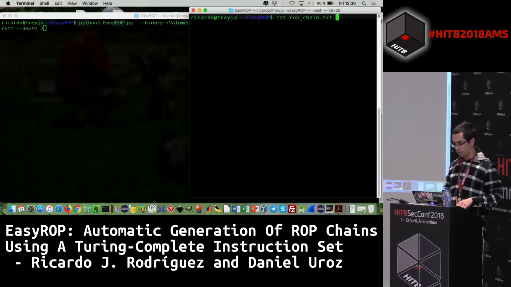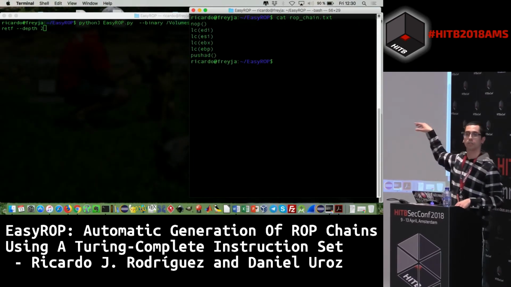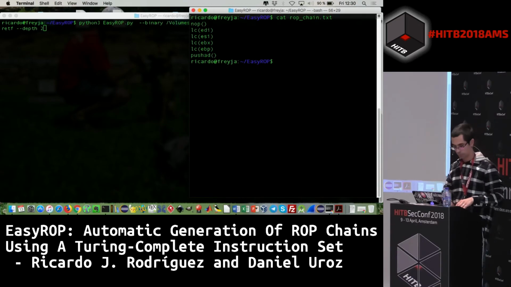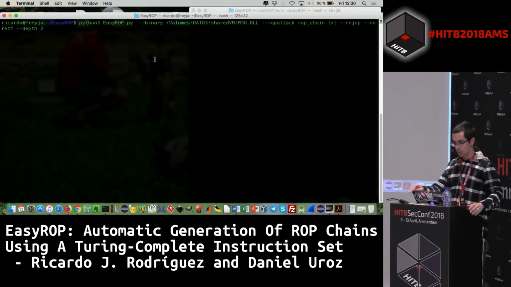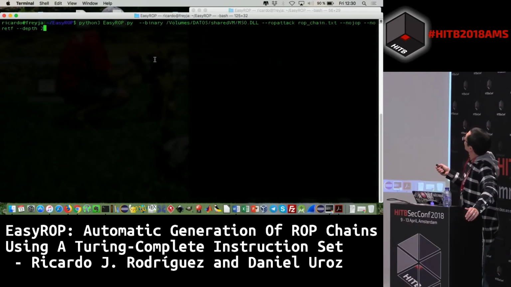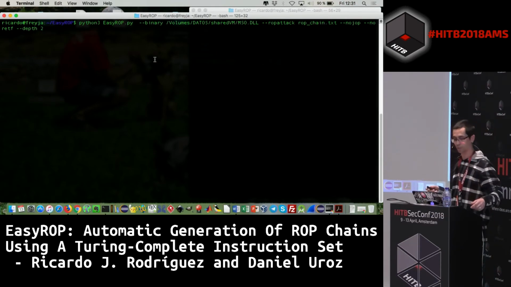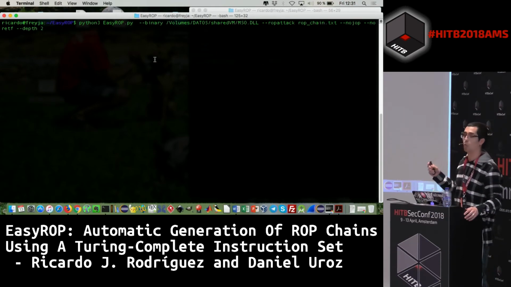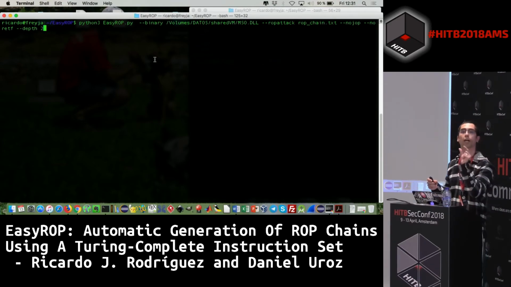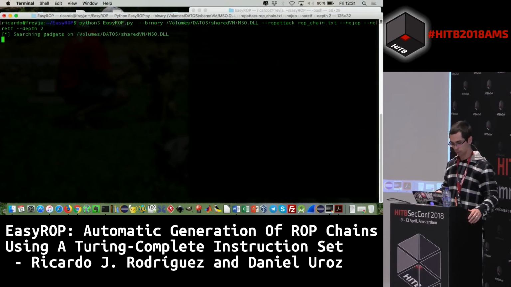So consider that we have, for instance, this ROP chain, which is the one that I was telling you. You see? Okay. So I'm going to execute the tool and I'm going to say, get the MSO DLL, build a ROP attack, which is specified in that file, the one that I have just shown you, and try to avoid the instructions that end in a jump and the instructions that end in a far return. And def2 means that I want just gadgets with 2 bytes. I don't want larger ROP gadgets. So I can execute it,